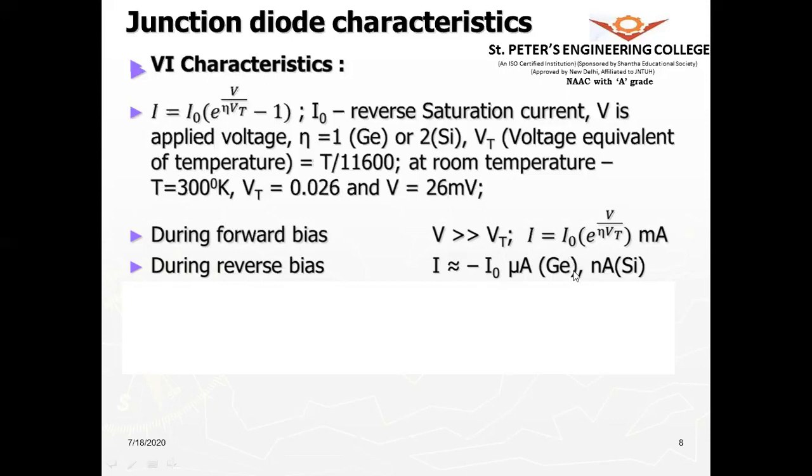In terms of a silicon diode, the reverse current will be again much smaller, in terms of some nanoamperes. If you go on increasing the reverse voltage beyond some point, there will be a reverse breakdown, which is not accepted. So we should operate the diode such that it does not go into the reverse breakdown region. Once the reverse breakdown occurs, that will destroy the diode.